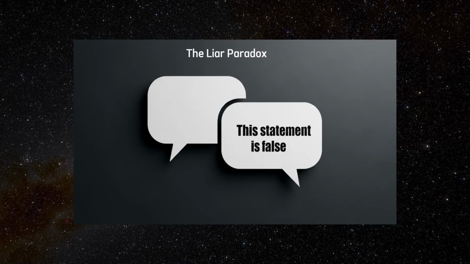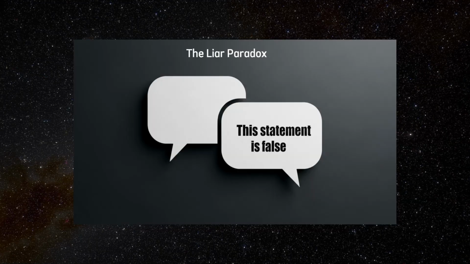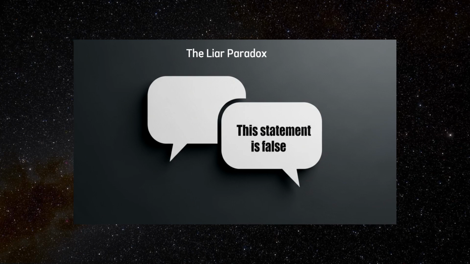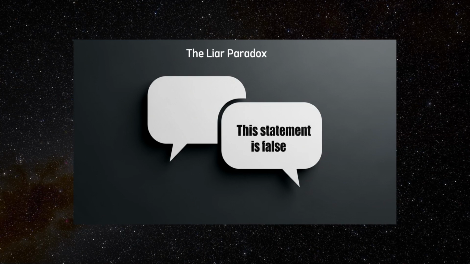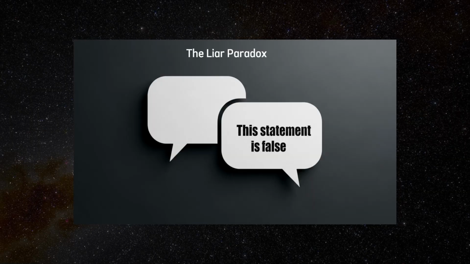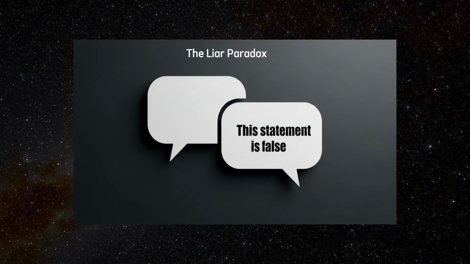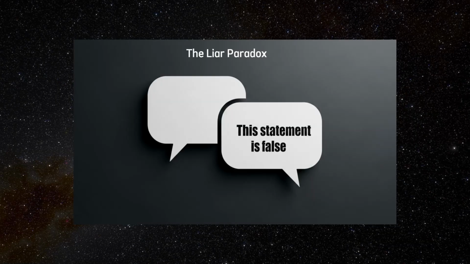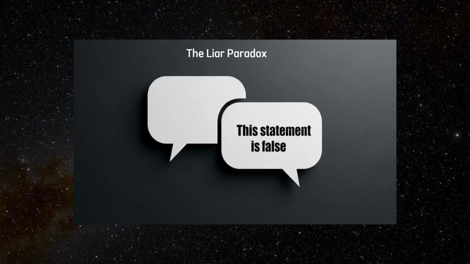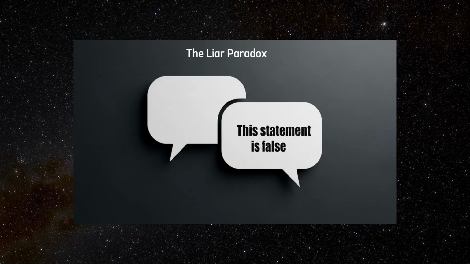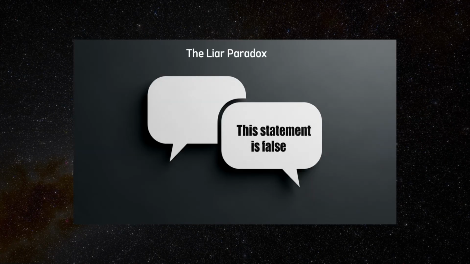Despite the variety of proposed resolutions, the liar paradox continues to challenge our understanding of truth, language, and logic. Its simple structure conceals a depth that continues to engage philosophers, logicians, and linguists alike. It highlights the complexities and potential limitations of formal systems and draws attention to the peculiarities of self-reference, making it not only a philosophical curiosity but also a vital subject of inquiry in the study of reasoning and meaning.